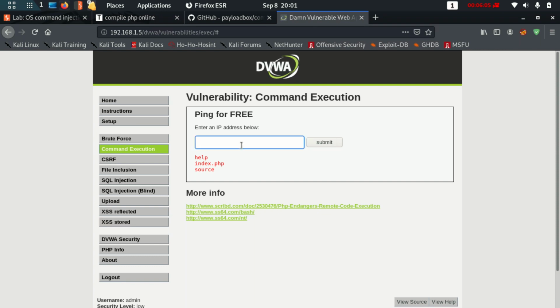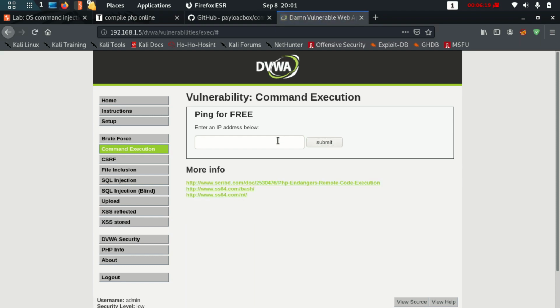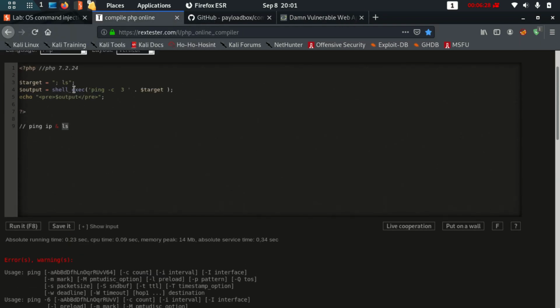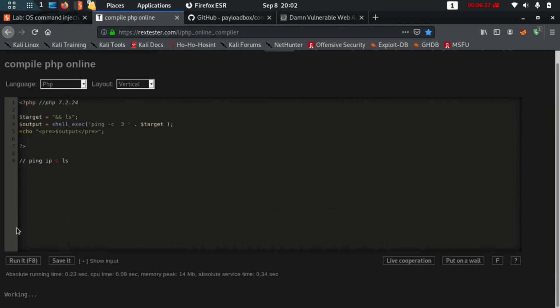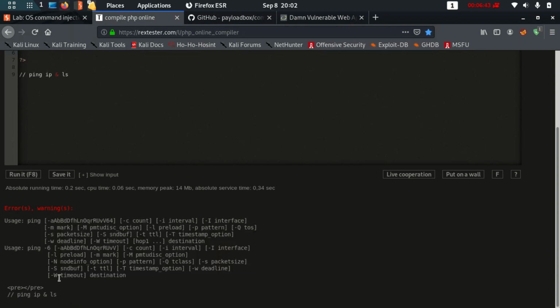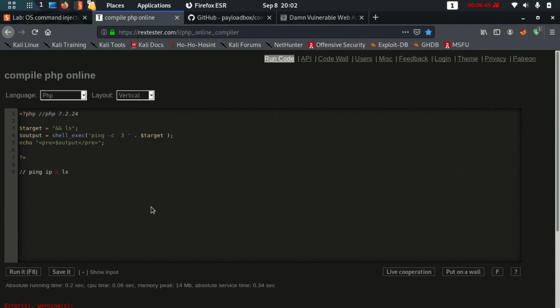So here, when I again do this, now rather than nothing I will give a proper ls. So this won't work. Why this did not work is because of how AND works: your first input should be correct, then only the second one will run. This is how AND works, that for AND to work, your first input should be correct. Only if that is right, then it will move on to the second one. Whereas if the first one is false, it doesn't need to go to the second one, because with AND, if the first is false, it will leave it.